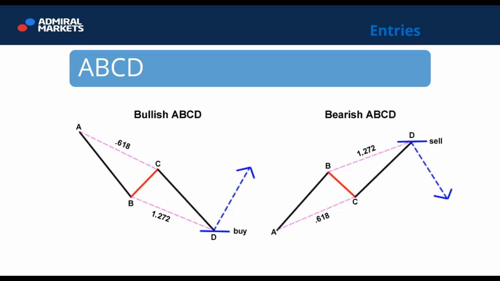AB equals CD is when the distance of AB actually equals the distance of CD. It's okay, but it's not necessarily a requirement. And the extension, or extended ABCD, is when CD is 127.2 or 161.8% longer than AB. Still, it's good because the major thing is that